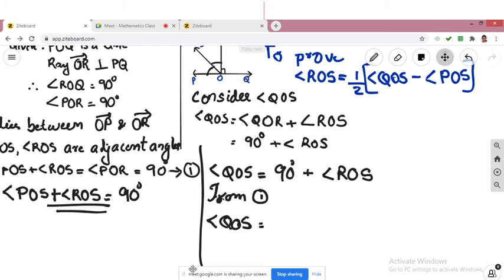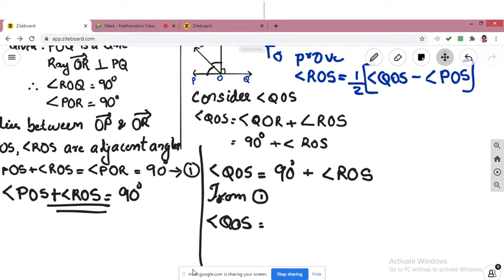So from this I will substitute 90 degree. I will substitute angle POS plus angle ROS in place of 90 degree. Since in the equation that we need to prove there is no 90 degree, we can substitute like that and try. Okay. Vasanta, you can try it out the way you said, and tell me if you reach this equation that way. Okay.